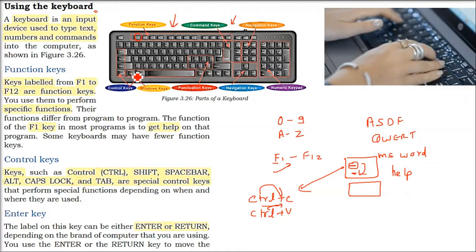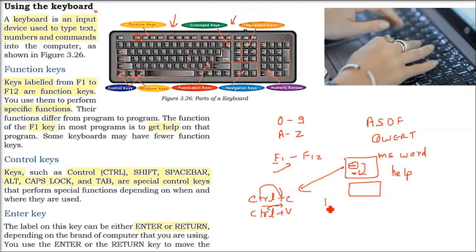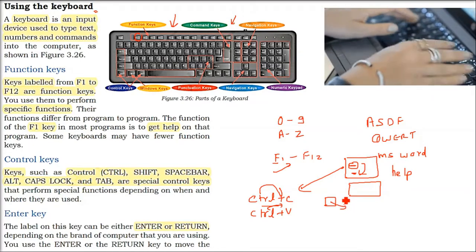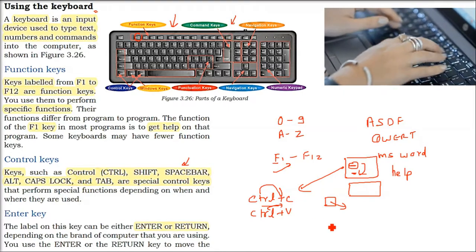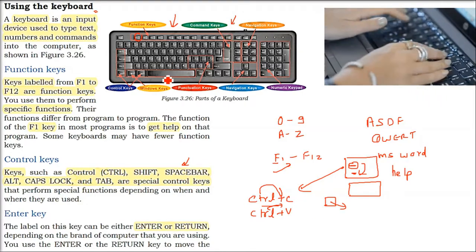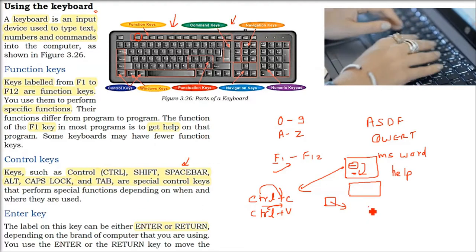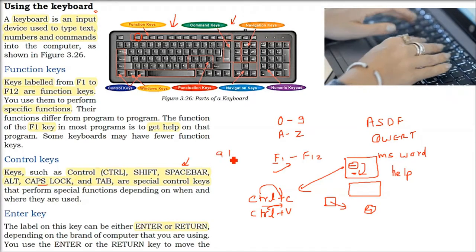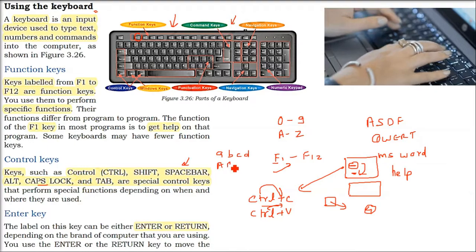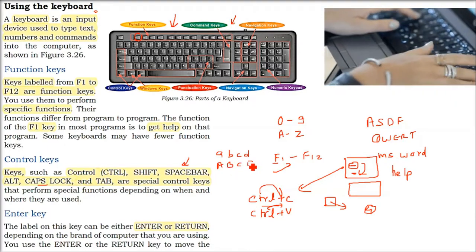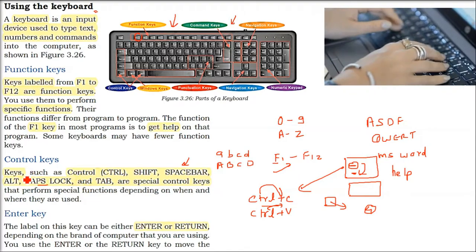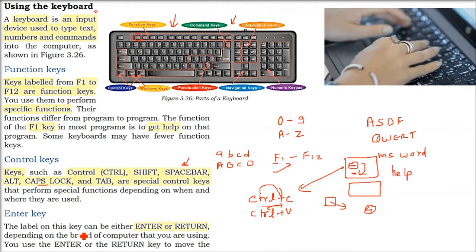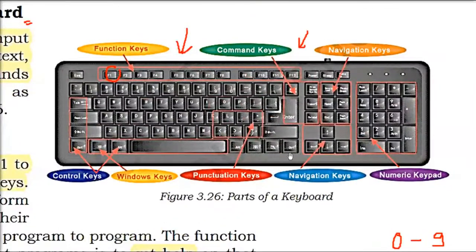Shift. See, every key, if you see, certain keys have 2 symbols, 2 characters given. Say if you press Shift, the upper character will be printed, otherwise the lower one. Caps Lock will make small letters to capital and capital to small. Like you are writing ABCD, if you press Caps Lock and then type, it will be capital ABCD. Alt is also used with different combinations. Okay. Tab is 4 characters.